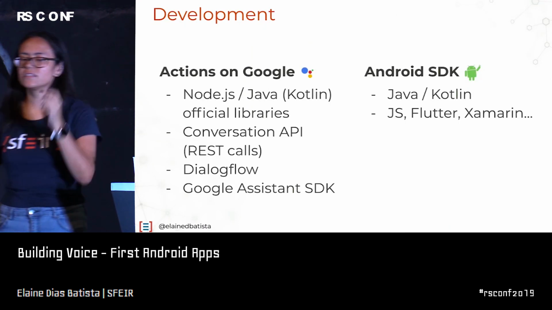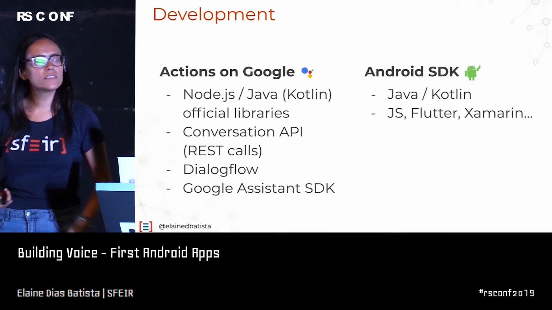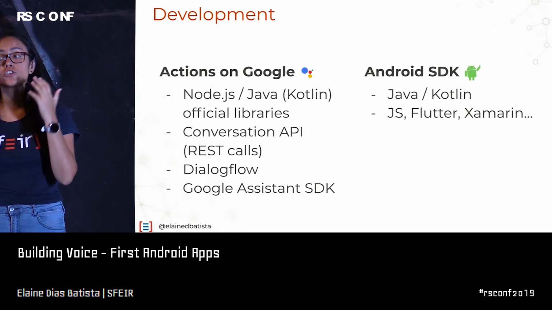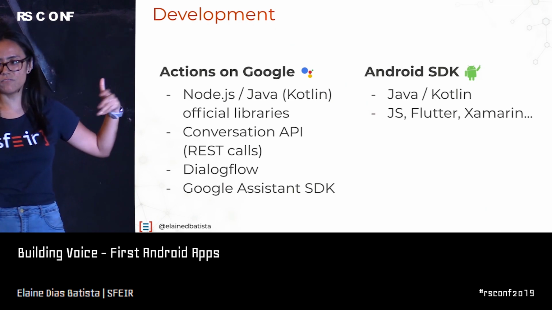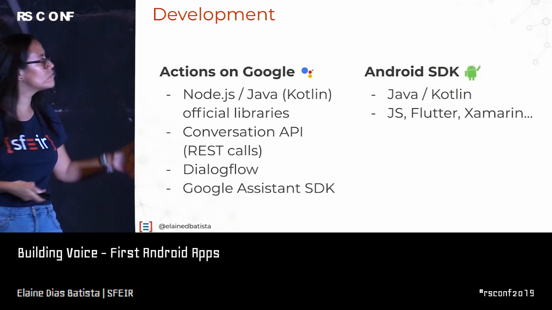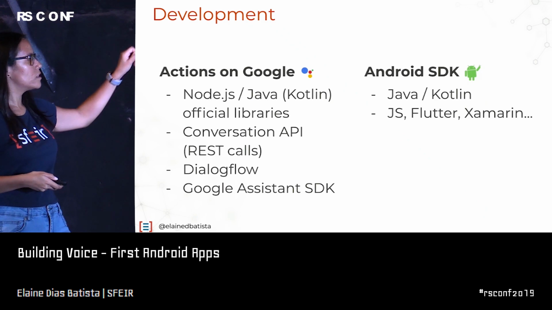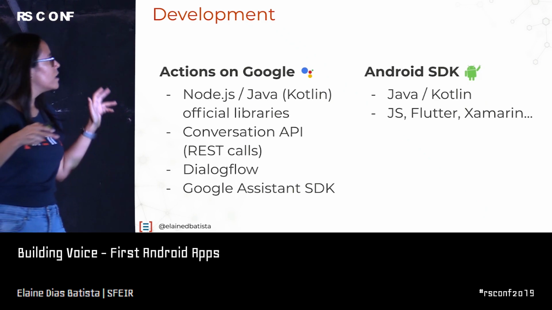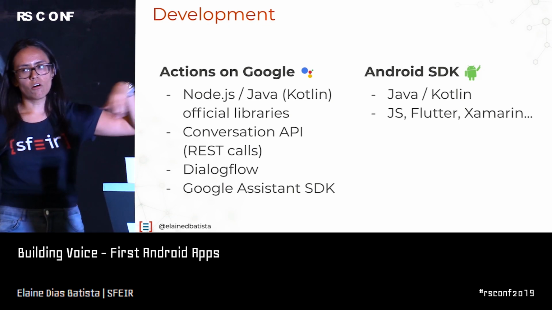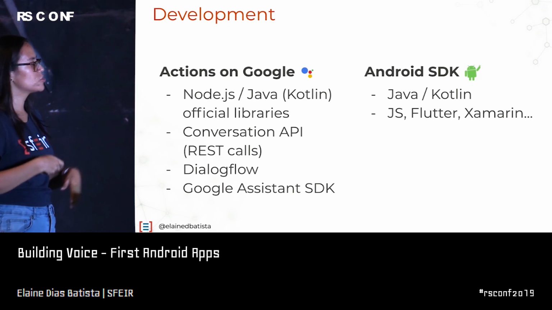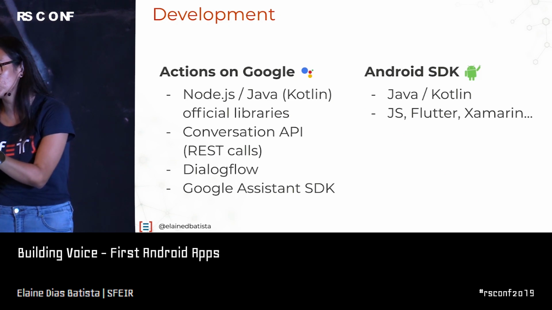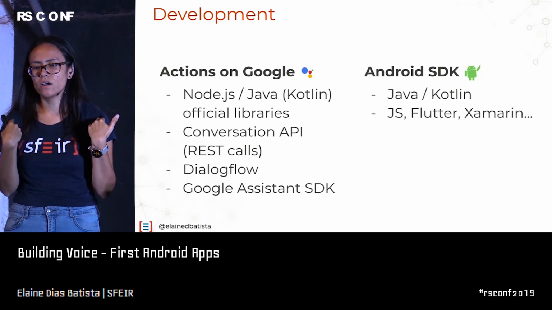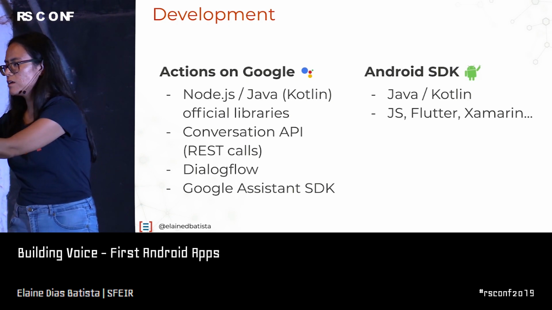On the development side, again, it's completely different. If you want to develop for the Google Assistant, you use something that is called the Actions on Google SDK. This is the development ecosystem for Actions on Google. If you use the official library, you will code either in Node.js or Kotlin. Or you can do your REST calls with something called the conversational APIs. Basically, the development for the Google Assistant is doing REST calls, consuming a REST API, and providing a JSON as